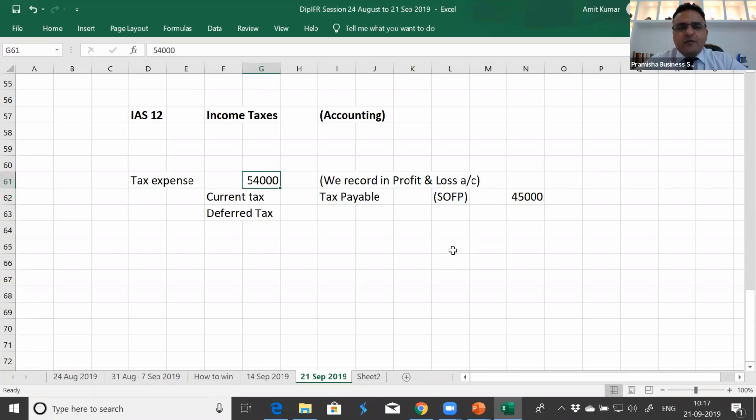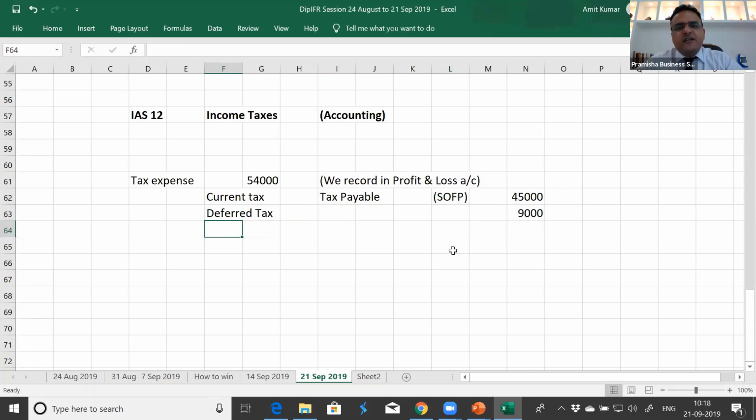We will not get bothered with what they are calculating. We will stick to accounting. According to our accounting, we are required to pay tax of 54,000. We will follow accounting principles and not get bothered with the computed tax. We'll account for the computed tax as part of our tax payable, what we are required to pay this year. But we'll not forget that there is a difference of 9,000 and this will be recorded as deferred tax.